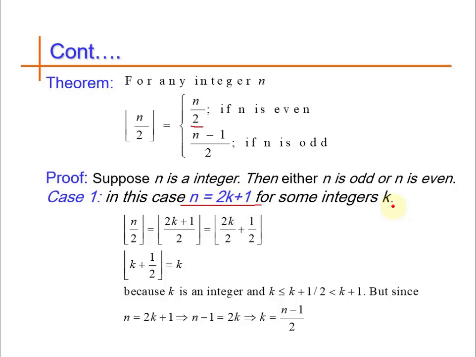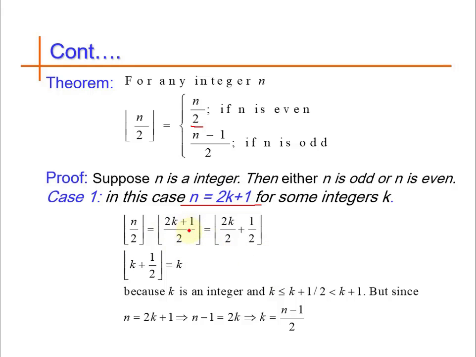And now we are trying to find the floor of n over 2. So replacing n with 2k plus 1 from the definition, we get floor of 2k plus 1 over 2,